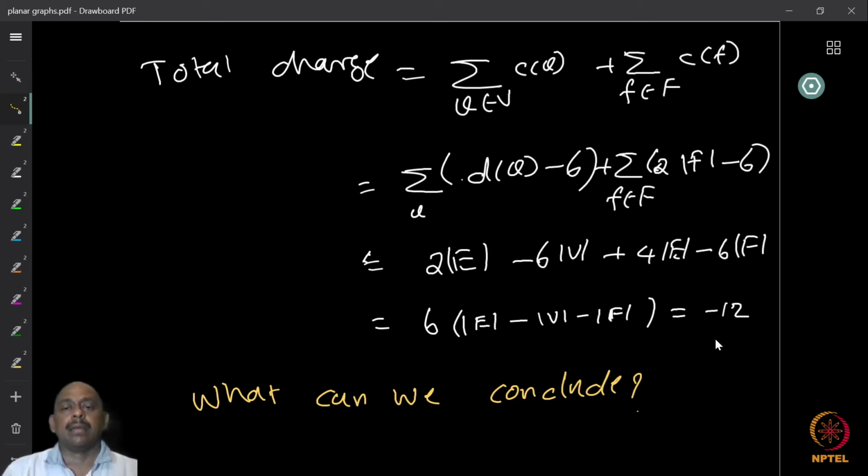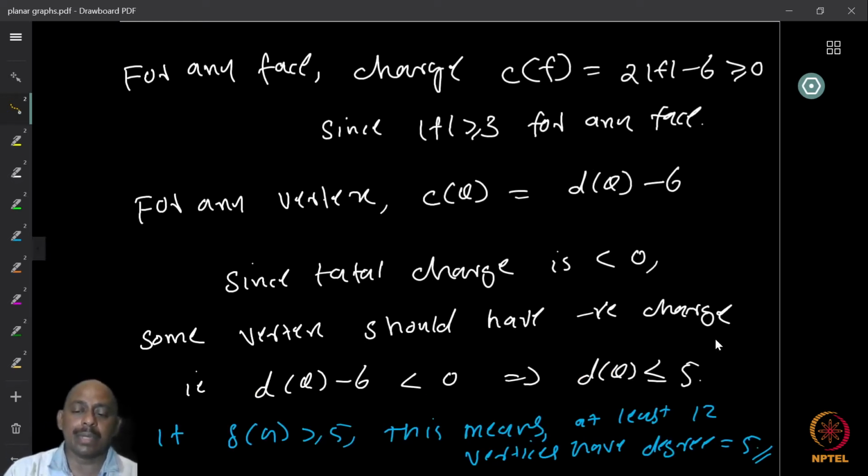But if the total charge is negative, then some elements in the summation must contribute a negative value, right? What are the negative values contributed by these elements? If you look at any phase, every phase boundary has at least 3 edges, right? So the length of any phase is at least 3. So therefore, if you look at 2f minus 6,